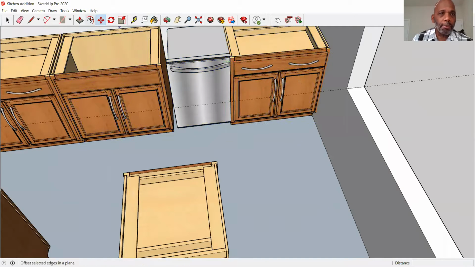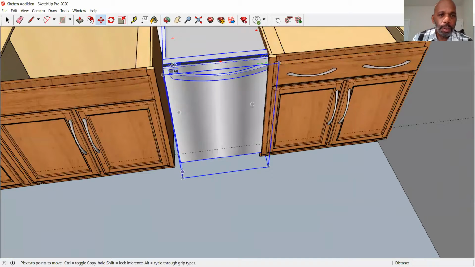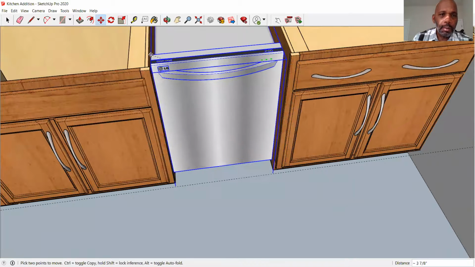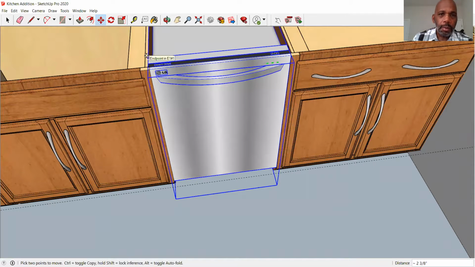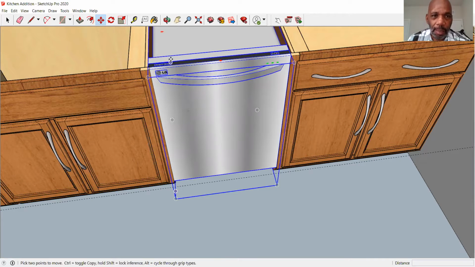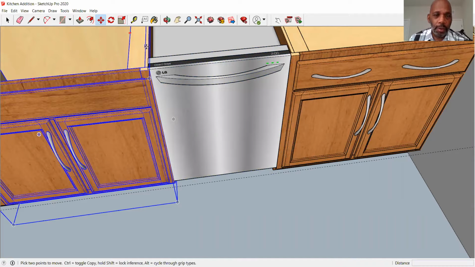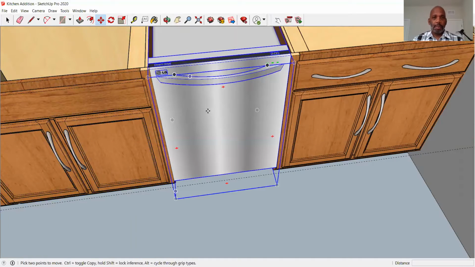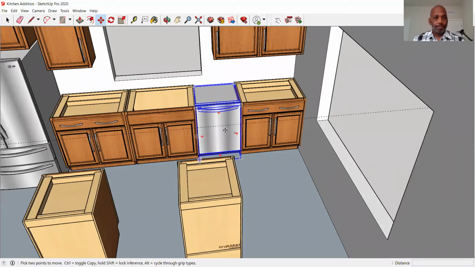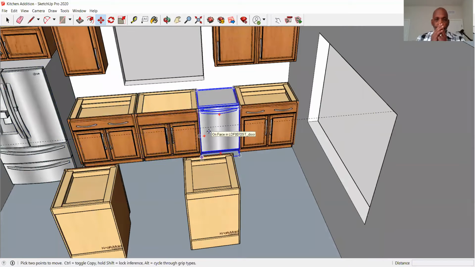I'm going to go to my move command, and I'm going to go here, and I want to move it from here to there, right? So you see what I did? I kind of aligned the top of the dishwasher to the top of the base cabinet. That's what I did. So I can escape out of that. Okay, that looks pretty good. Good. And they match, okay? Now,